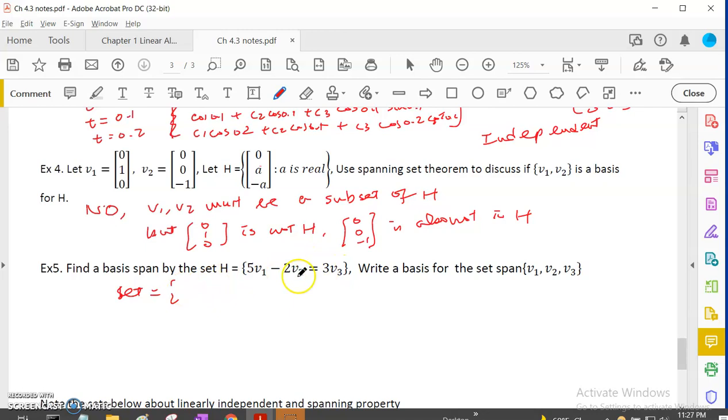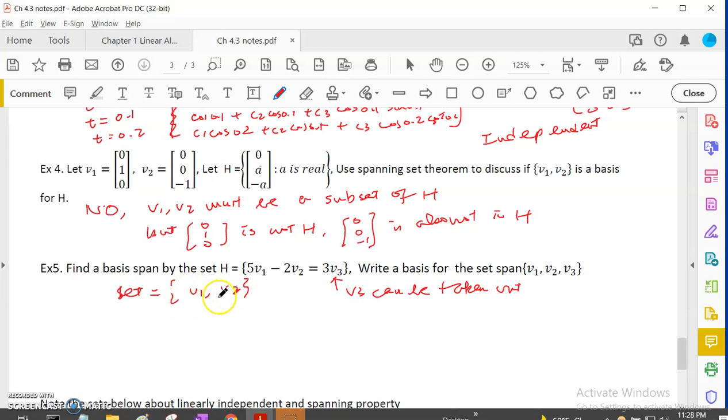So if I have this relationship, that means V3 can be taken out, right? If anyone depends on V3, you just write it as 5v1 minus 2v2 divided by 3, and that would replace it. So the set that is a basis would be just V1 and V2,